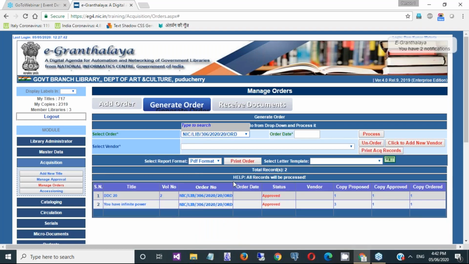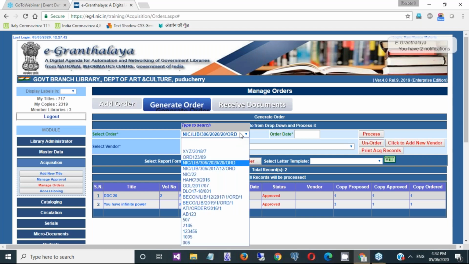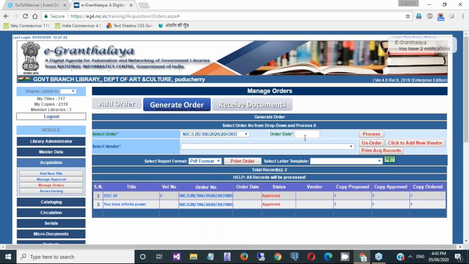You can see a lot of orders visible here because this is a training cluster, used only for training purposes, so many orders are still pending and not completed. In an actual scenario, once you process all the records and steps, this drop down will only keep current orders.